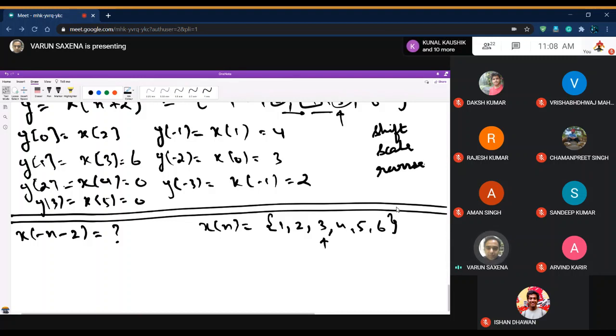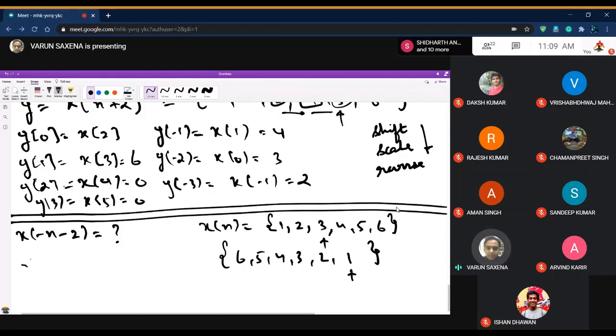This is the sequence. This is the algorithm with which you follow. So please follow that algorithm and then move ahead. Sir, 6 5 4 3 2 1 and 0 goes to 1. Yes, sir. So you will get 6, 5, 4, 3, 2, 1, and the 0 is going to be here. Let's try to do it.